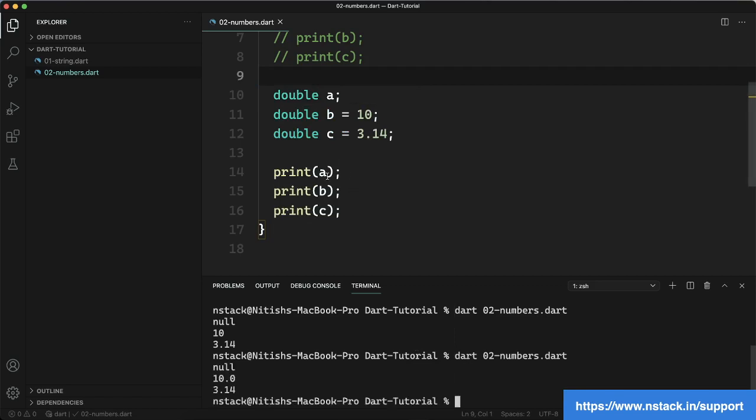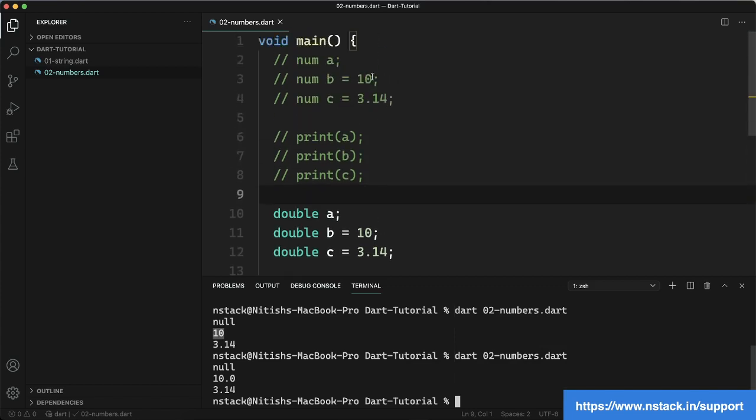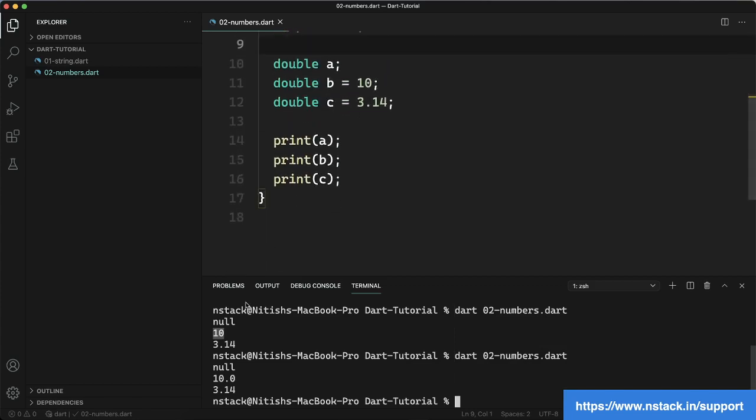For the first A we are getting null, it's fine. If we do not store anything we are going to get null in every case and every data type. And for the B, in the first case we got 10. When we stored 10 there you can see we got output as 10, but in the case of double when we store 10 we are getting output as 10.0, which is a floating value because it contains a decimal part also. So from this you got the idea, if you try to store an integer inside a double,